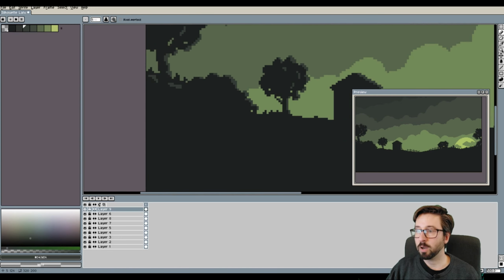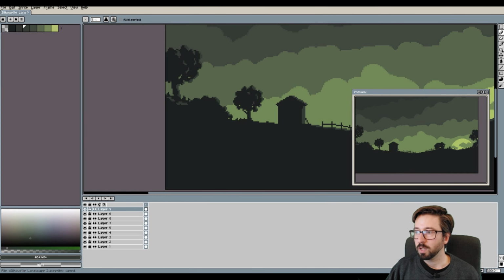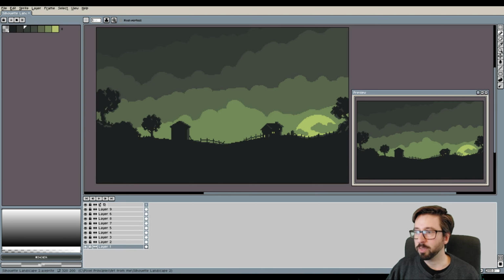So after I put down the lighting shapes, I was already quite happy with the results, but I figured that the image overall was lacking a little main subject. You could say that at this point in the image, the main subject would be the two farmhouses and the overall vibe that is created by the green coloring. But I felt that this was not prominent enough to really justify that this is the main subject of the image. And in this case, as you can see, I had no clear vision before I started putting down pixels.